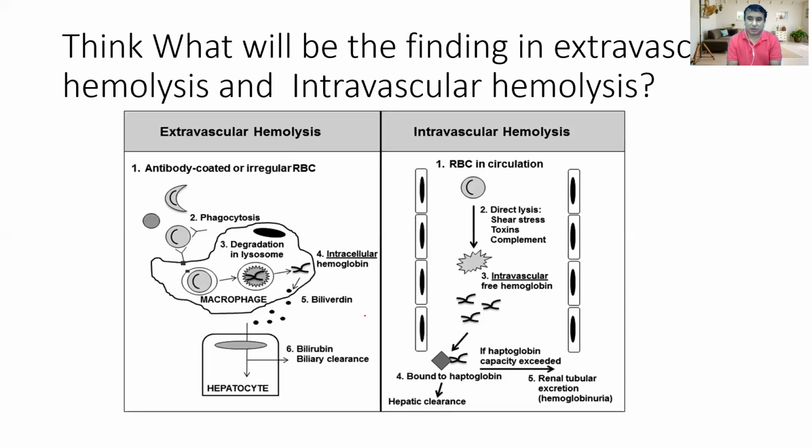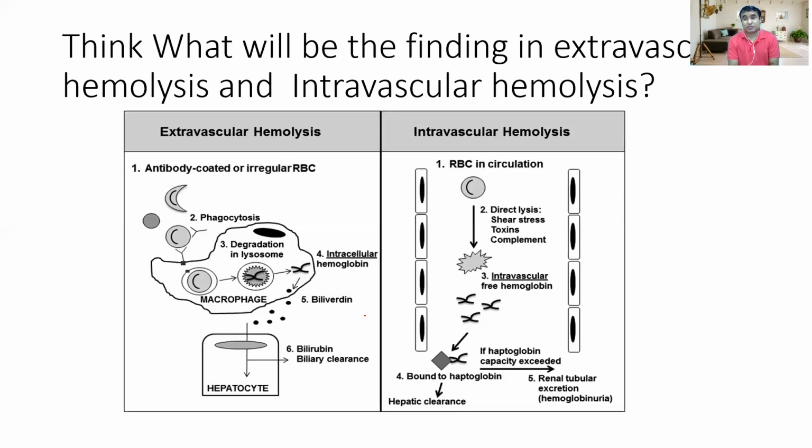So this may be one of your MCQ questions. The take-home message from today's presentation is, if someone has RBCs in their circulation where the lifespan of the RBC is less than 100 days, then it's a hemolytic anemia. It is of different types, but classically we can divide it into intracorpuscular and extracorpuscular, acquired and genetic. If someone asks you the causes of hemolytic anemia, you can say thalassemia, G6PD deficiency, hereditary spherocytosis, PNH, and so on.